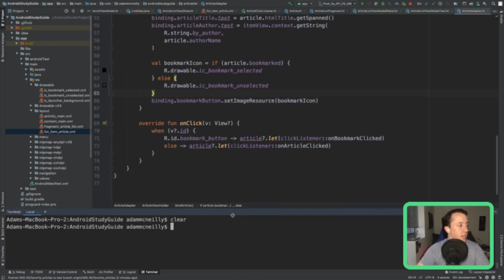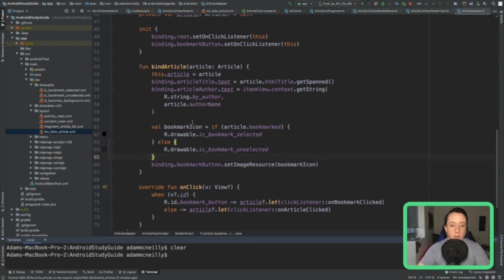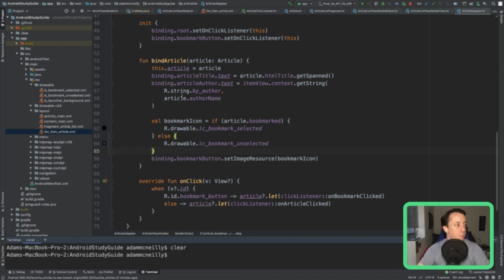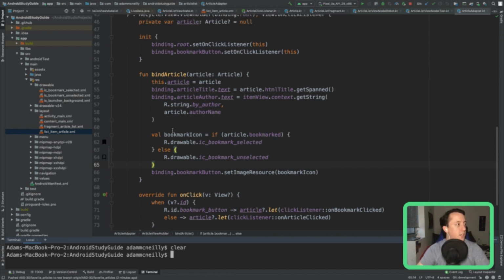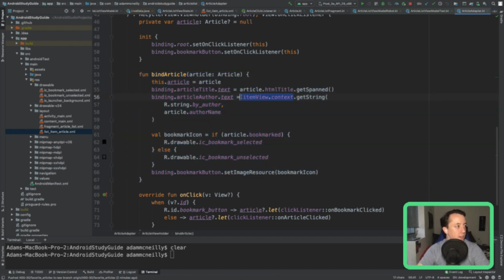But let's clean up the view model here, or this view holder here, and make it a little more testable. So what we want to clean up is this method here. All of this code that's inside of, how do I want to clean this up? I forgot that we had references to the context and stuff, so it's not as simple as other list item view holders I've done before. Let me show you what I was talking about. I think I might actually go back on everything I just said.